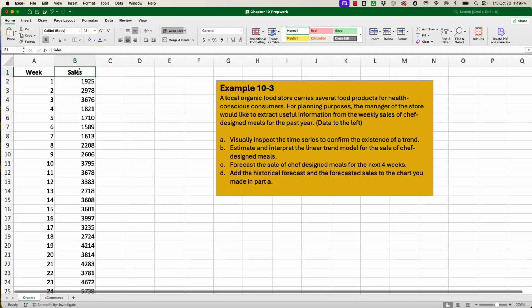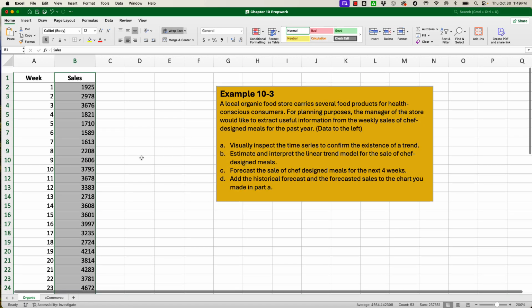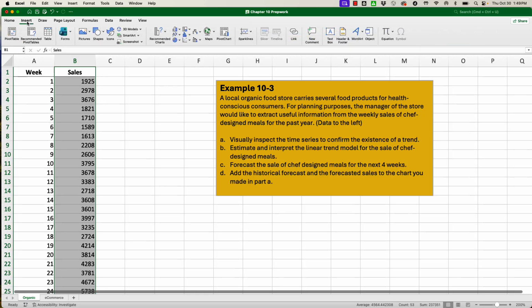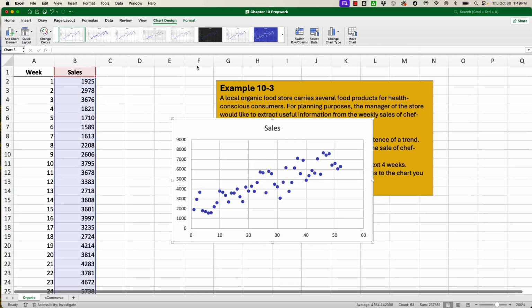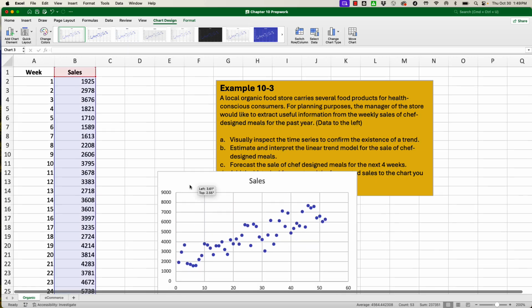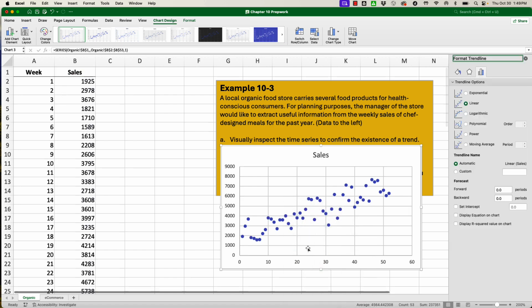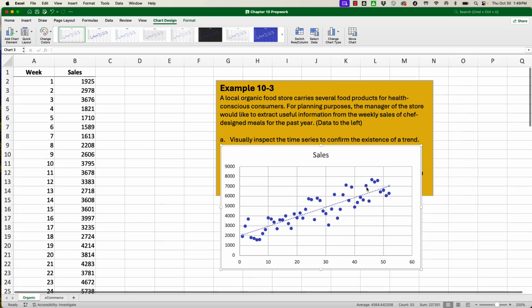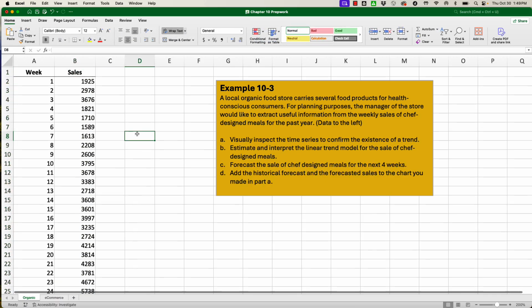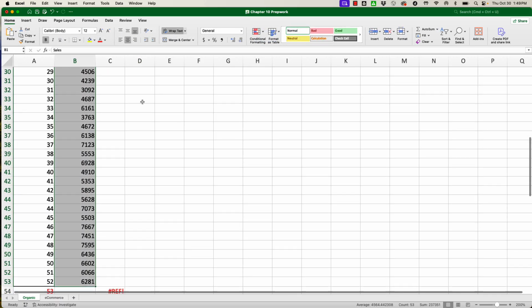When the textbook shows you an example, it illustrates a chart that looks a little bit like this with red dots, right? Visually inspect the time series to confirm the existence of a trend. There is one. We could insert a trend line, and we can see that it is upward sloping. I want to do something just a little bit different. Instead of having a scatter plot, I want to take sales